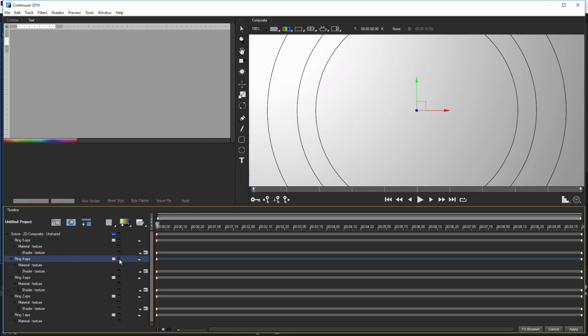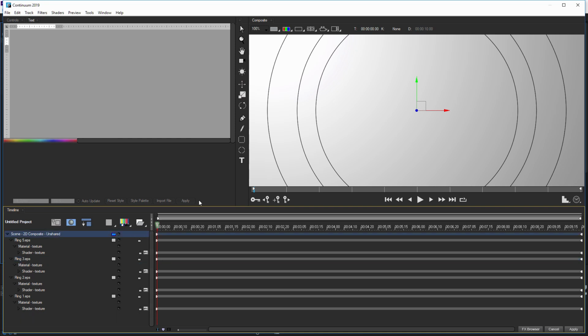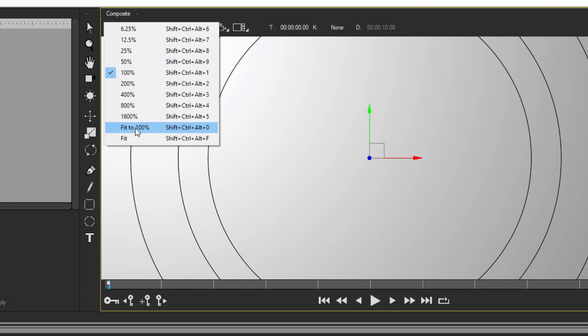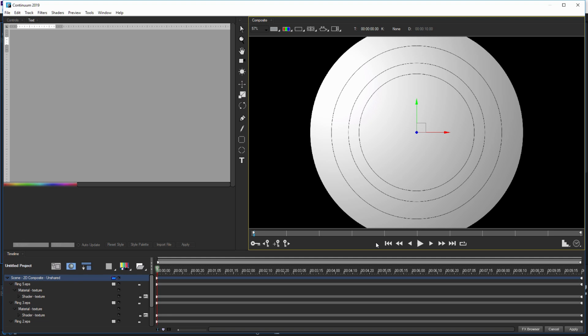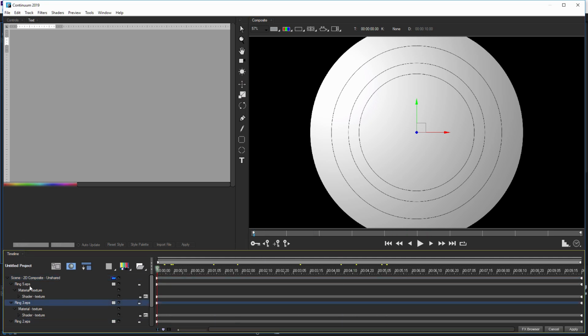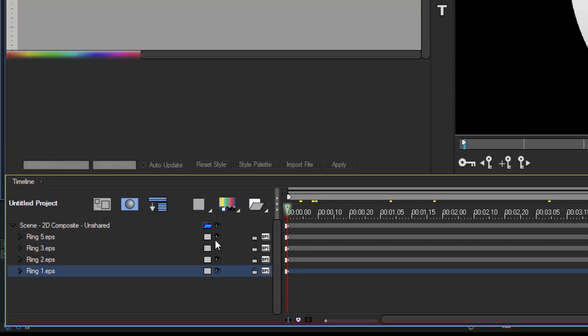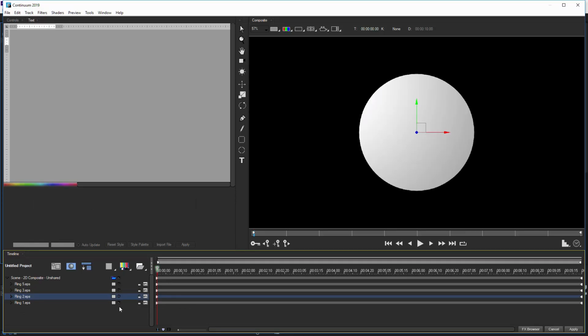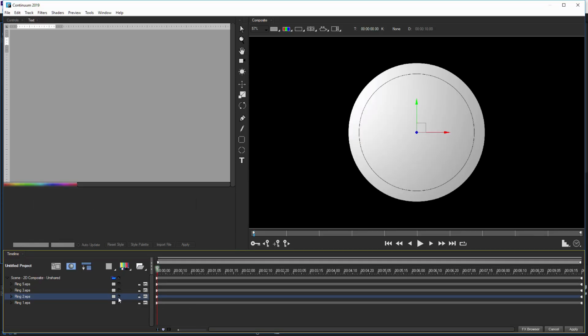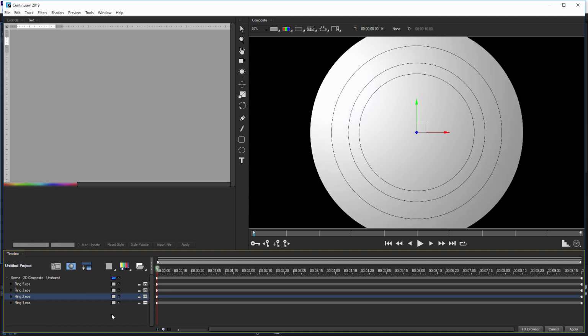So ring 4 is actually like a big ring that we don't need. In fact, we're going to get rid of a lot of these rings soon. But the other thing you'll see is that we are quite close to these rings here. So I'm going to come up to my viewer and I'm going to go fit to 100%. There we go. And that will just zoom those in for us. So now we're left with 3 rings, 4 rings. So if I turn off visibility on all the rings actually, and we have our center ring, which is ring 1, and ring 2, ring 3, ring 4.